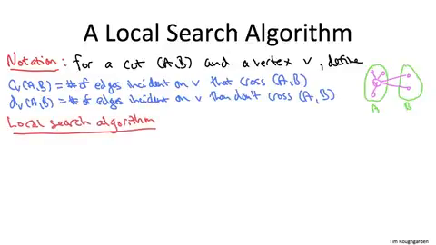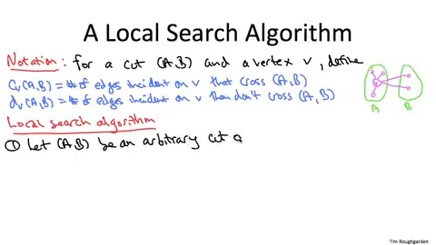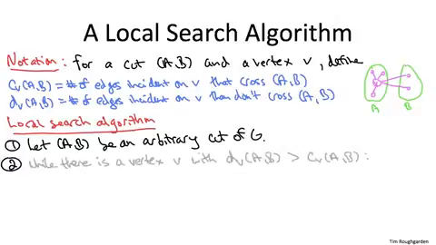Here then is the local search algorithm for maximum cut. In step 1, we just begin with an arbitrary cut of the graph. So we just somehow, I don't care how, put some of the vertices in A, some of the vertices in B. Now we just iteratively try to make the cut that we're working with better